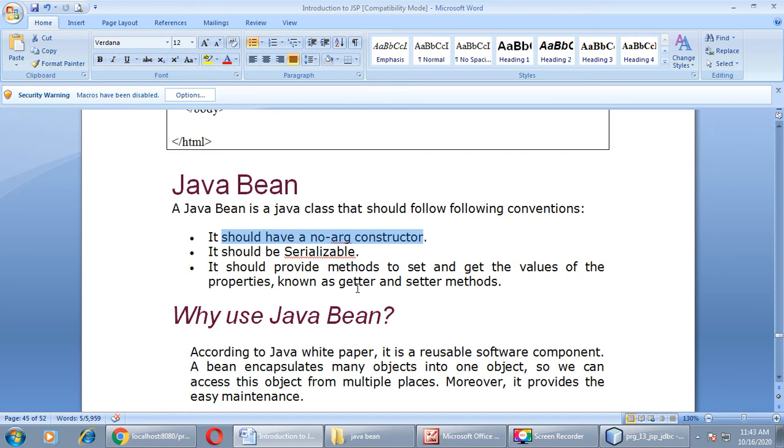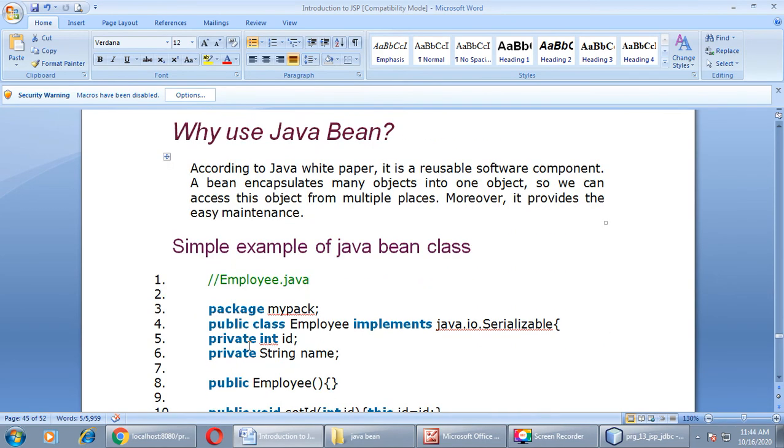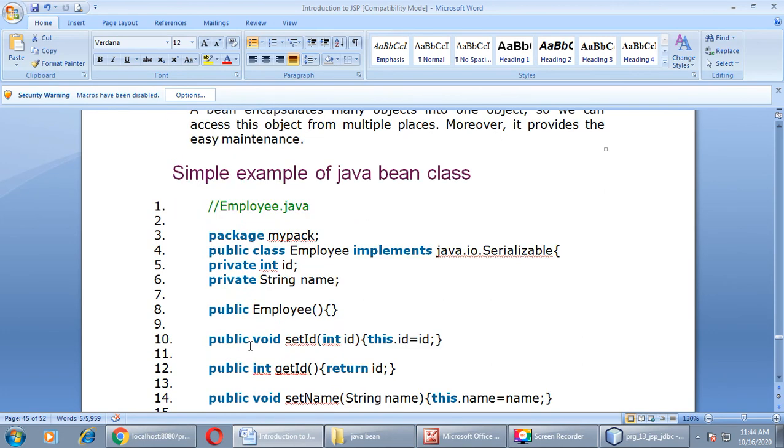A Java Bean is a reusable software component that can be manipulated visually in an application builder tool. Here you can see a simple example of a Java Bean class. Employee.java is defined. This is our Java class, a very simple Java class.